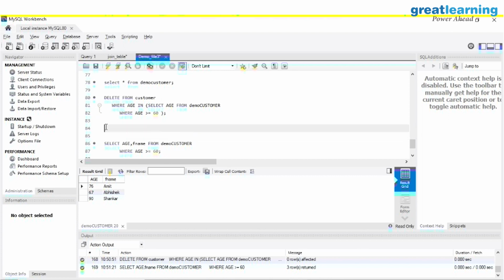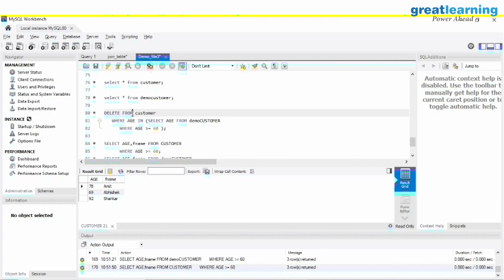Suppose we look at select star from customer, it will be the same thing. This will be customer. Okay, let me do this.